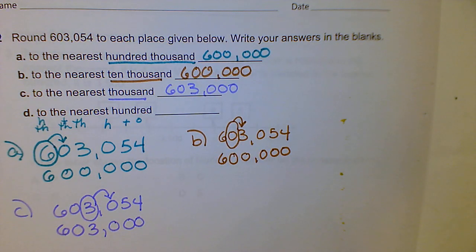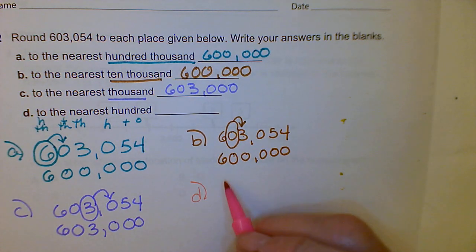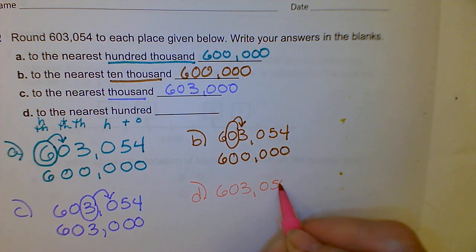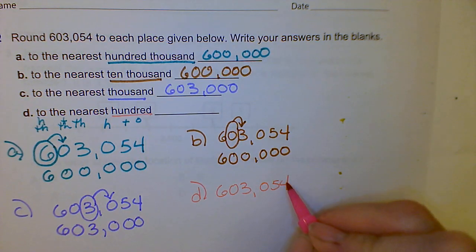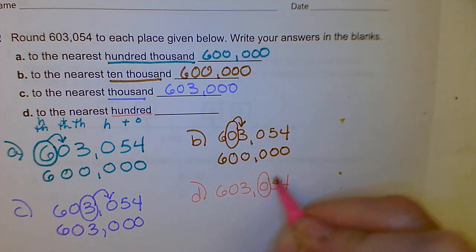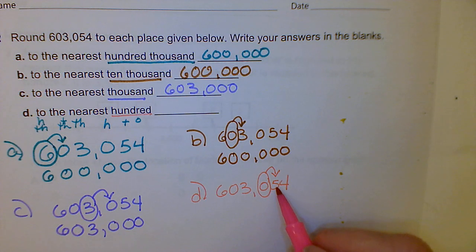All right, last one. So for D, I'm going to again write the number because that's always where we start. So we have 603,054. And now I'm going to round it to the nearest hundred. So I have my ones, my tens, my hundreds. I'm going to look next door, and I have a 5. 5 or more, raise the score. 4 or less, let it rest. So since I have that 5, and that means I raise the score, 5 or more, raise the score, that